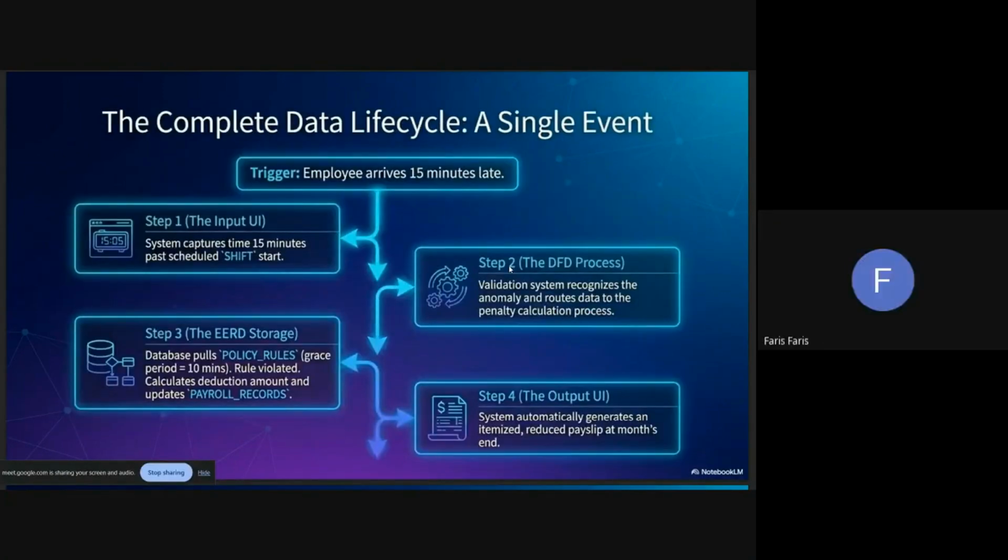To illustrate how all our design components work together, let's trace the data lifecycle of a single event. An employee arriving 15 minutes late. The trigger, the employee clocks in 15 minutes late. Step 1, the input UI. The interface captures this time, noting it is 15 minutes past the scheduled shift start. Step 2, the DFD process. The validation system processes this input, recognizes the 15-minute discrepancy,